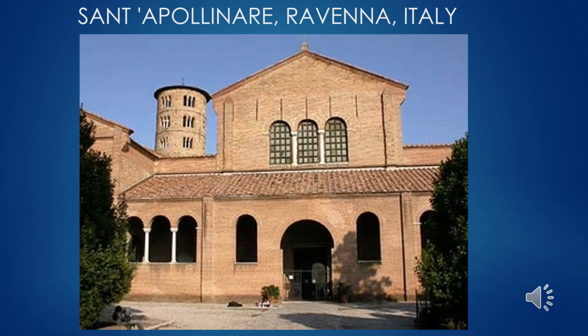When you look at the facade of St. Apollinaire in Ravenna, this is typical of the early churches in that the exterior is using Roman building technology, such as the Roman barrel vaulted arch, the arcade with the arches and the columns, a trussed roof, so the triangular shaped roof, and then the use of brick. Remember the Romans were very good at using masonry or brickwork.